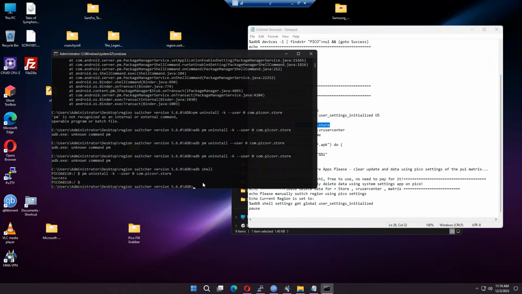Okay, where's my controller? Where did I put it? I was able to uninstall the app, but where did I put my controller? Jeez. Okay, oh, it's here on the floor. Okay, so let me see if the store's gone. The store is completely missing. Okay, cool. So if I can do that with the store,